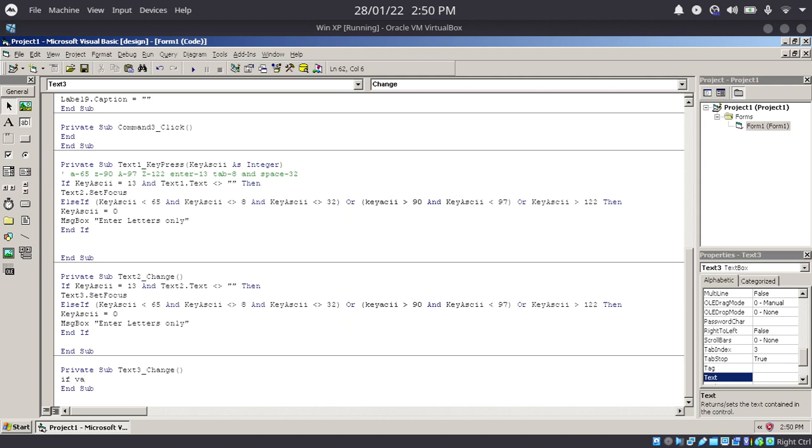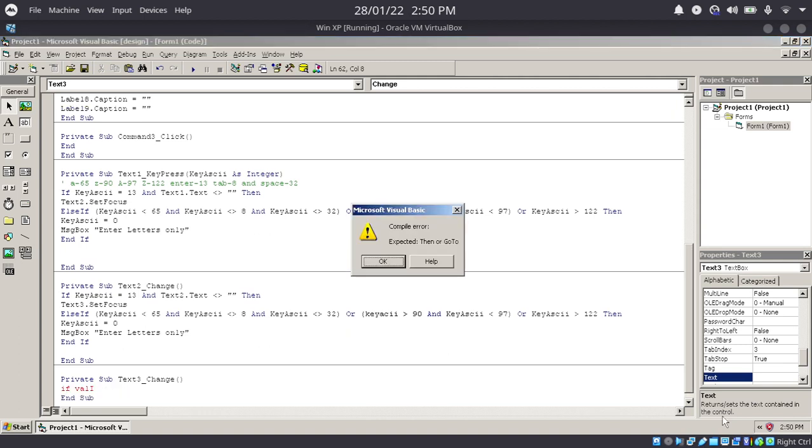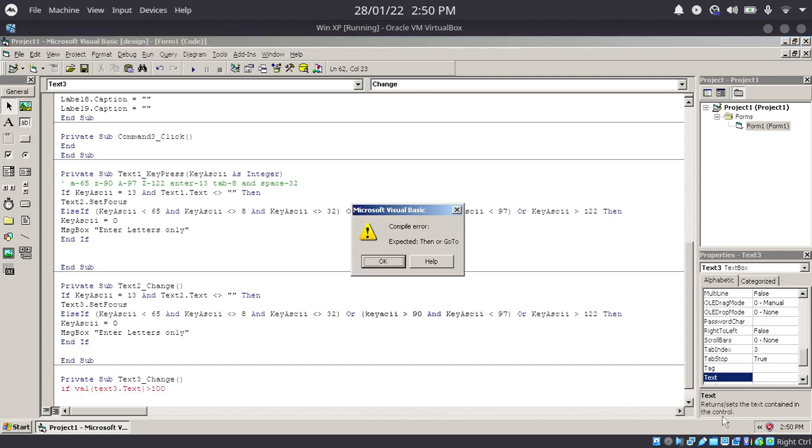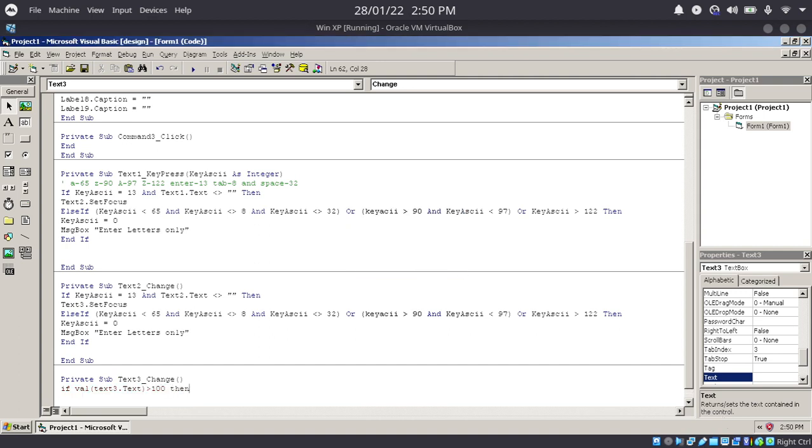So I say val of text 3 dot text greater than 100. If it is greater than 100, then I'll say message box